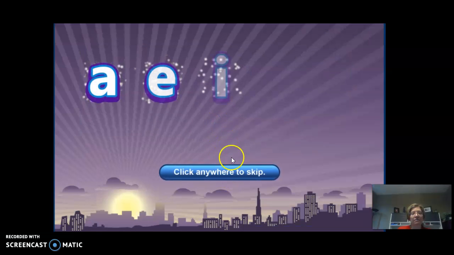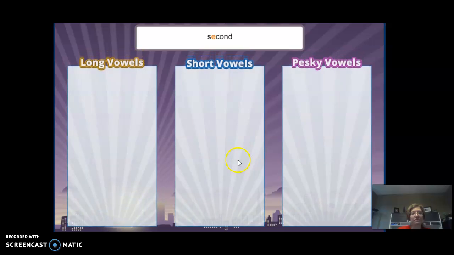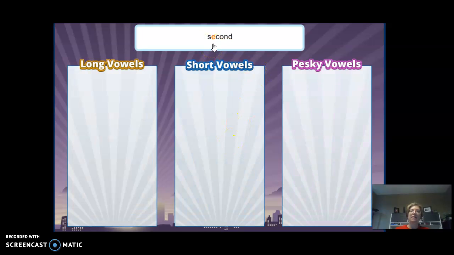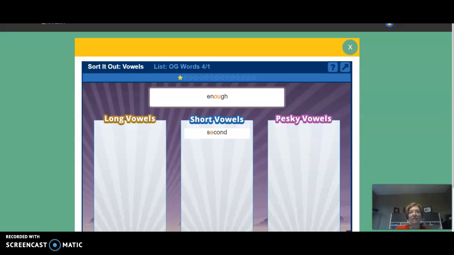Vowels are very special letters because sort each word into short, long, or pesky vowels by the sound of the highlighted vowel. Sort the word. Second. So I know that has a short vowel, so I would drag it down. Just like that. Sort the word. Enough. I hope that gives you an idea of what Spelling City will be like this week. And I hope that you enjoy